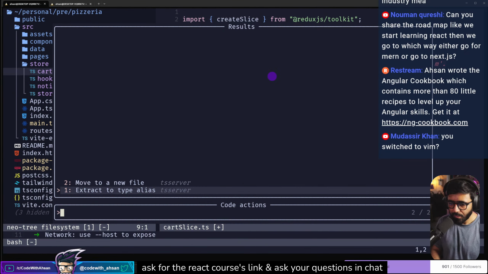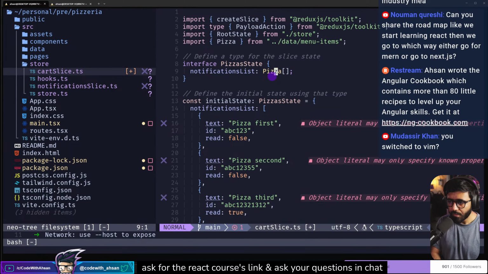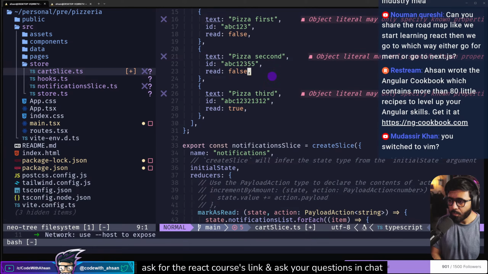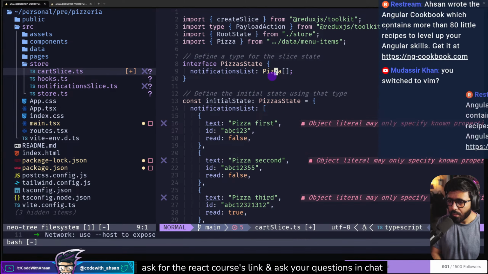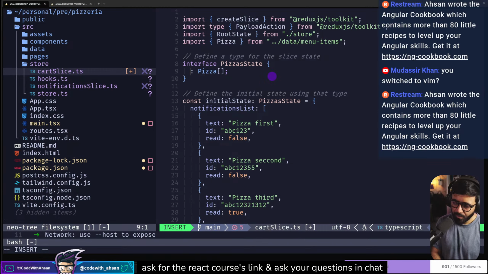Let's import this. Oh, is it not? I think it's called pizza. Yes. So we got the pizza here. And what we want to have in here is items,